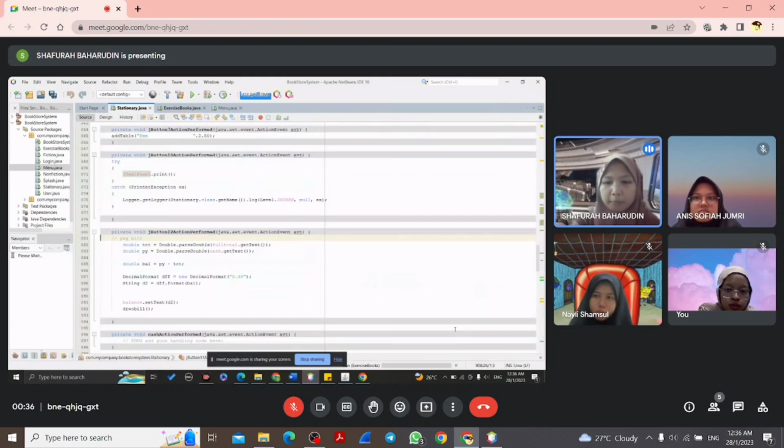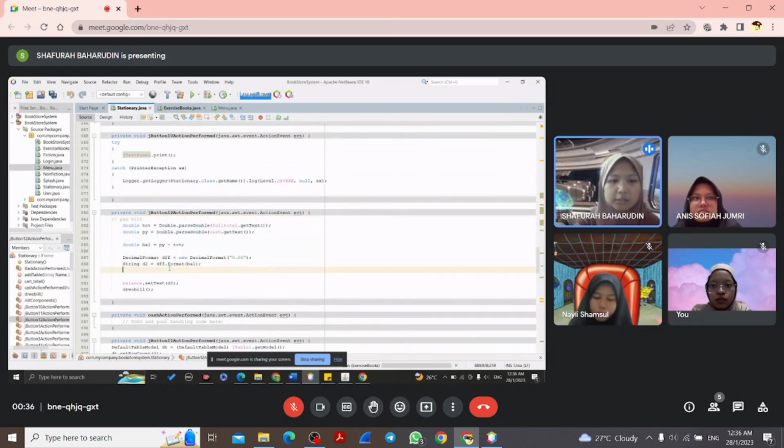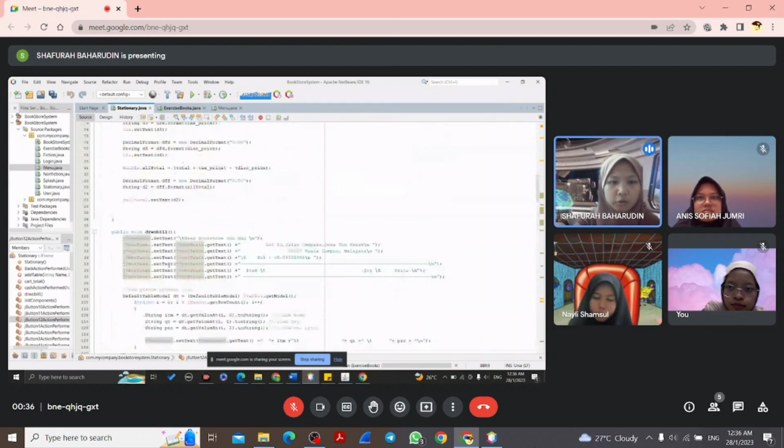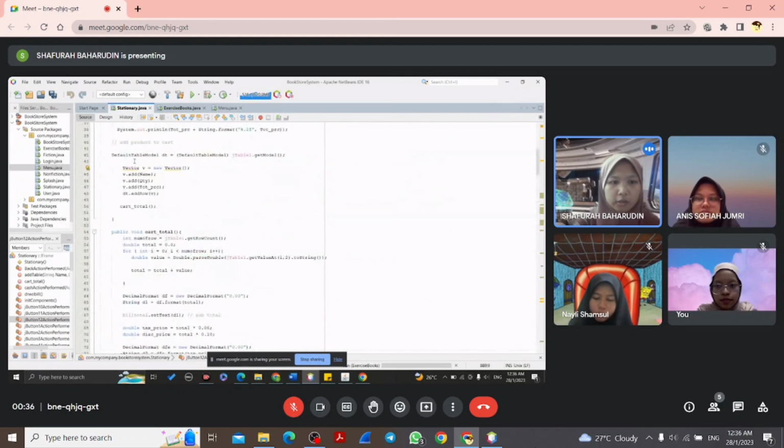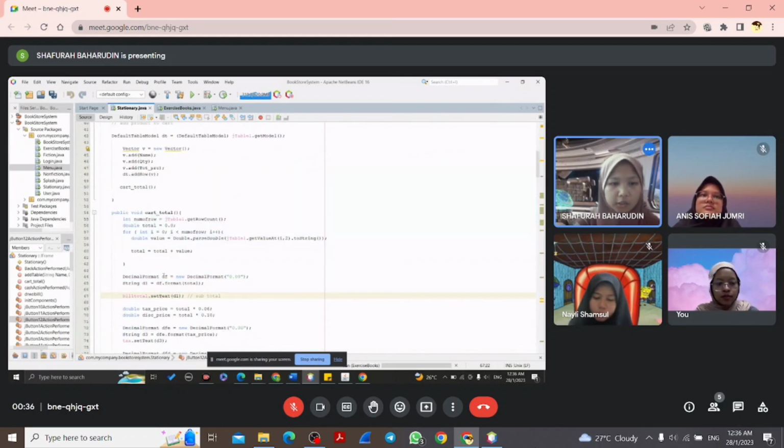And for the pay button, we assign the total, the cash and the balance, and for the rest we already assign it outside the function, which is here,